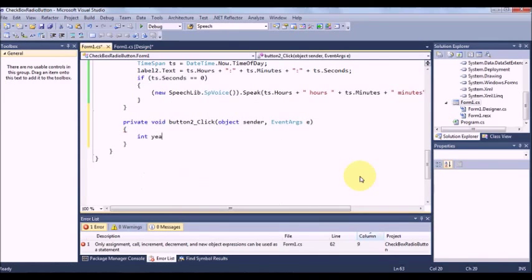Int year is equal to DateTime.Now.Date.Year. If year modulus 4 equal to 0,